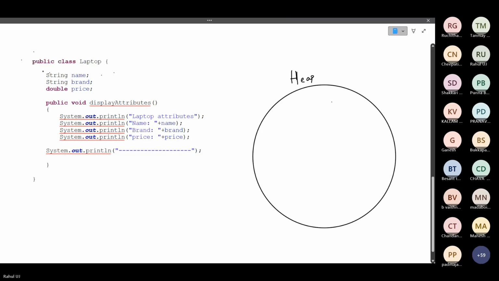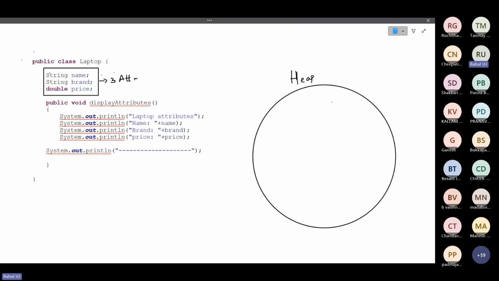There are 3 attributes and 1 behavior. So whenever you say new, one object is created, and for this object, OX1 address is given.